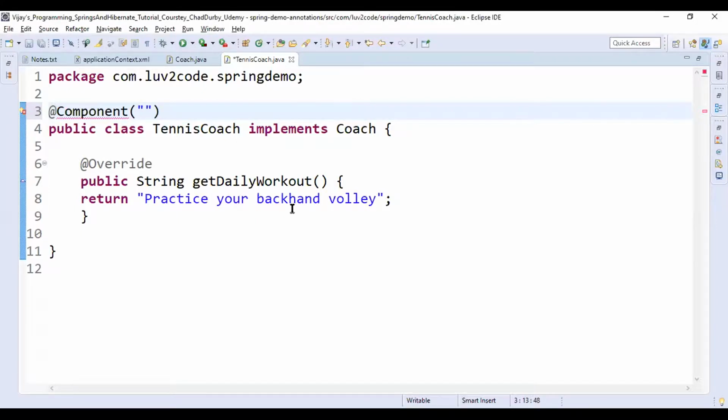We are just giving that silly coach. This is the bean ID. So here you should not give any semicolon.